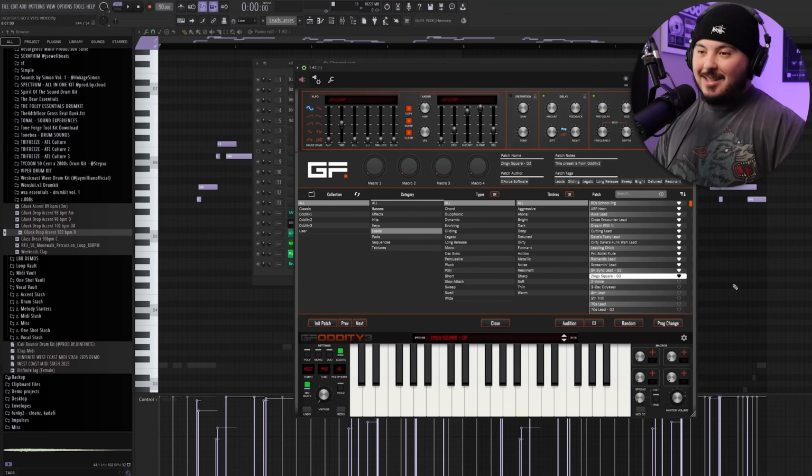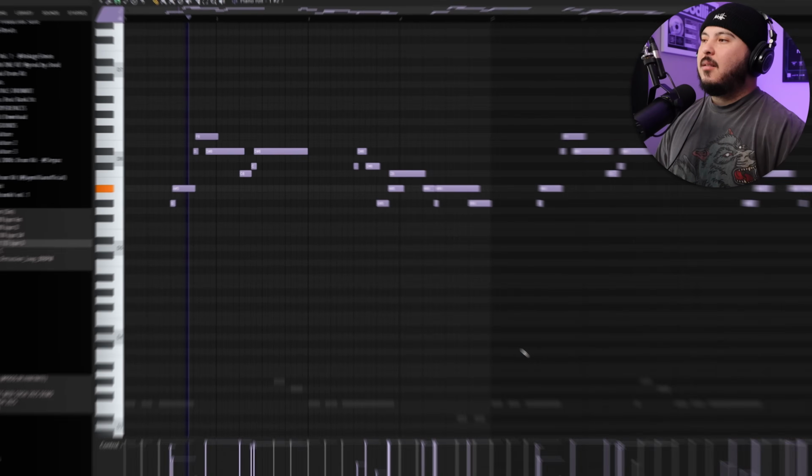And then like I said, leads and basses. We already went over the basses. Let's hit some of the leads. The zingy square lead. They have some weird names, but